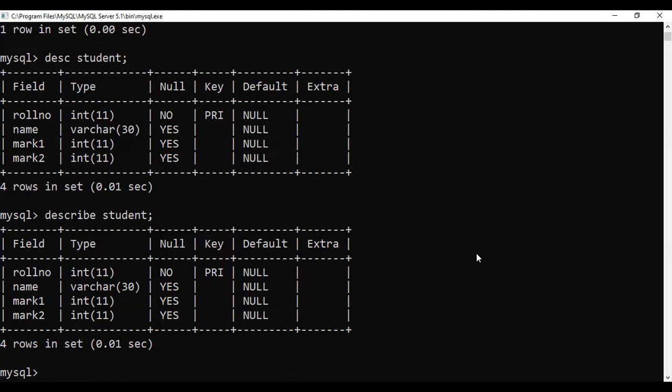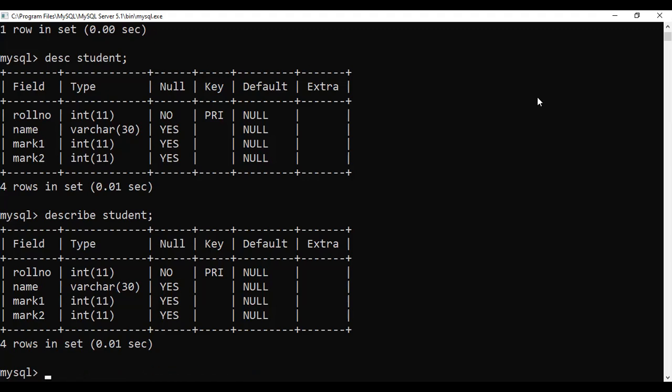Next one is DML commands. DML means data manipulation language. These are used for manipulating the data. In the name itself, it's for modifying the data. We will work first with the DDL commands, and after that we will move on to the DML commands.